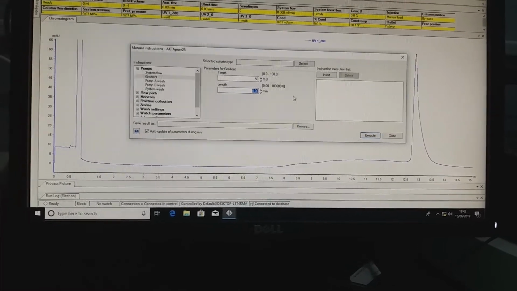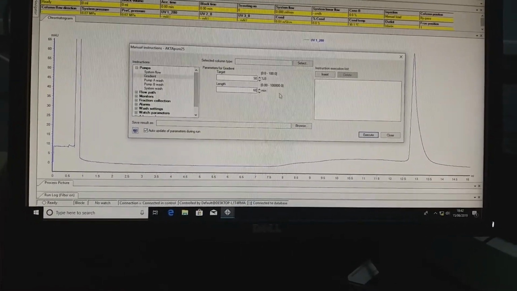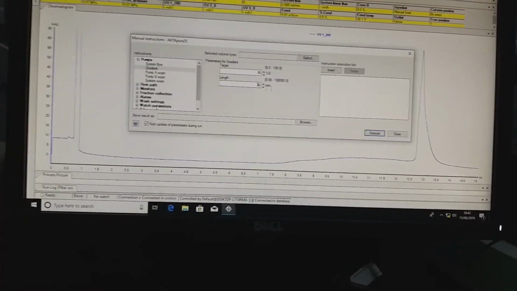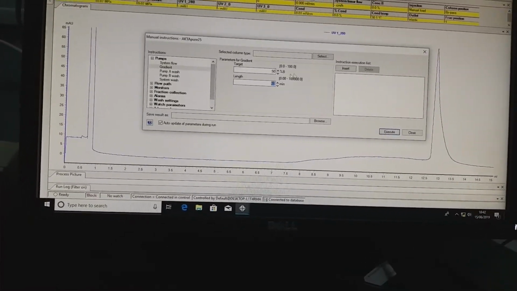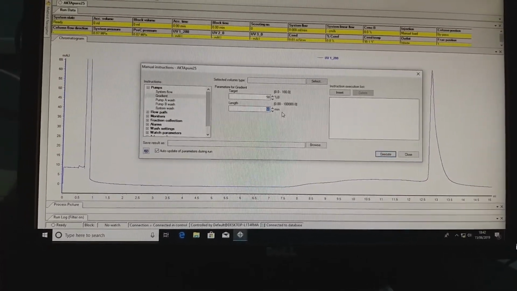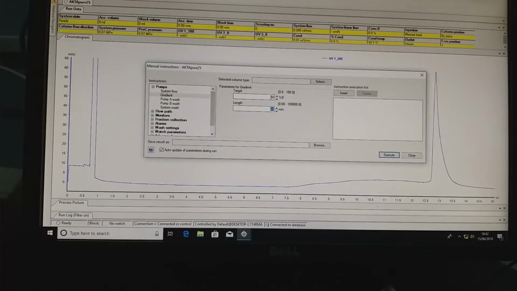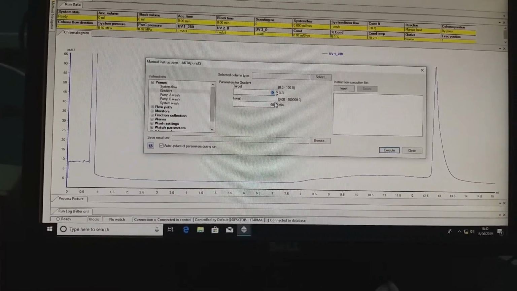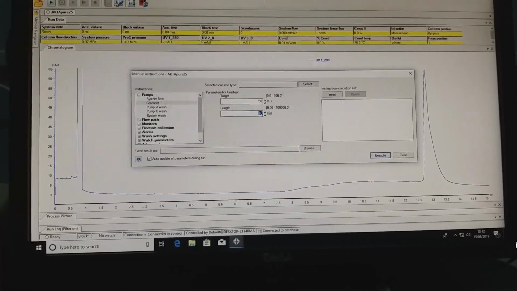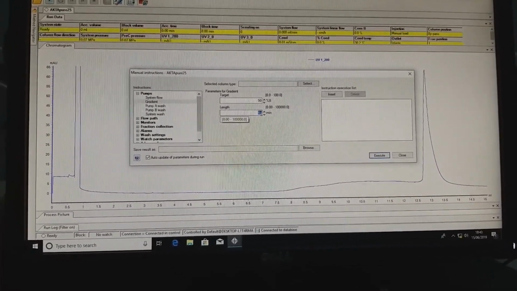You have to give, suppose, 60 minutes. Over 60 minutes, the system will increase from 0 to 50%. You can do this as a reverse gradient also. First you give 50 and keep the time at, suppose, 1 minute.